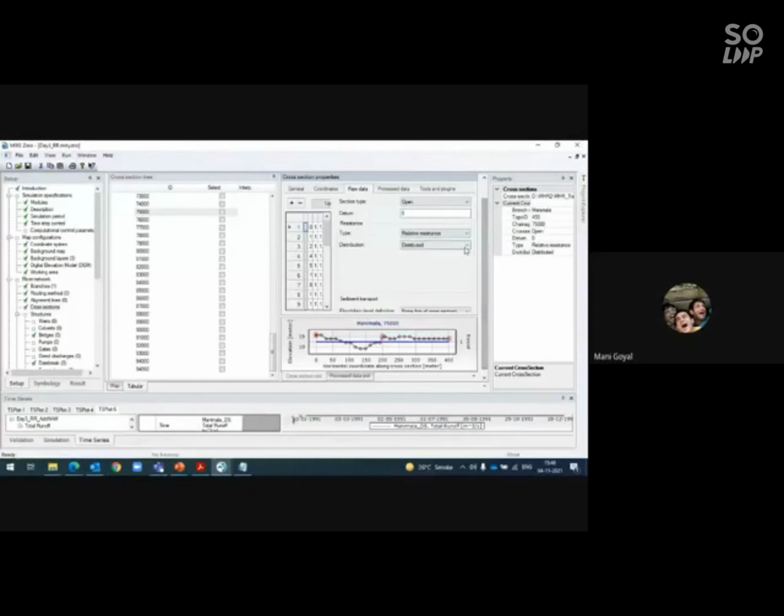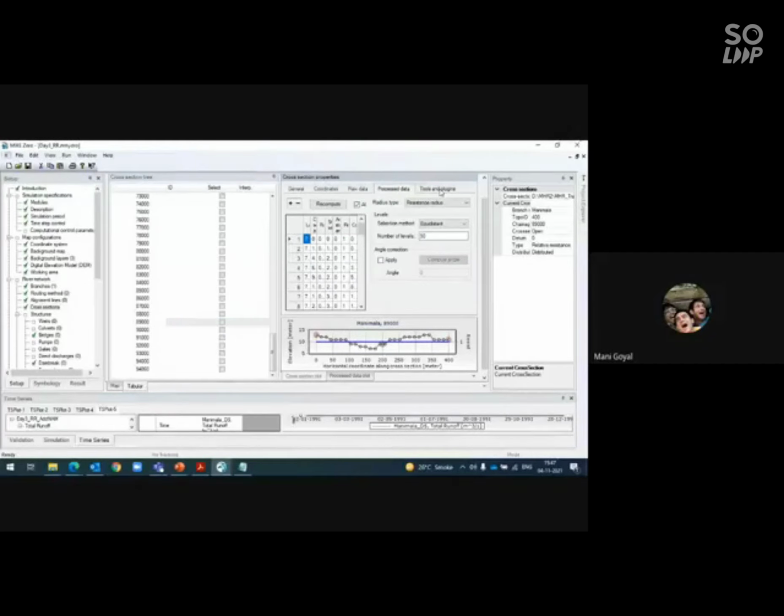Then comes the properties of defining your cross section. As I said, you can give Manning's M or Manning's N in the cross sections itself, and if you keep relative resistance uniform to 1 or 1.5, whatever, then it will go as a multiplier to your HD parameter with whatever you define as your bed resistance. So you need to work on your cross sections a bit. If you are generating it from your DEM, if your DEM is good enough, you will get better cross sections. As I did get some better cross sections. This is a bit wrong. So you need to rectify and correct your cross sections to get better results.